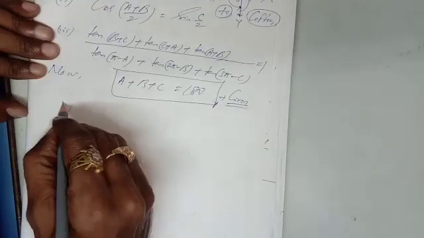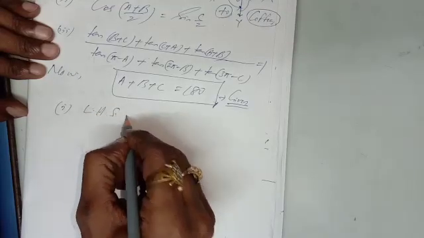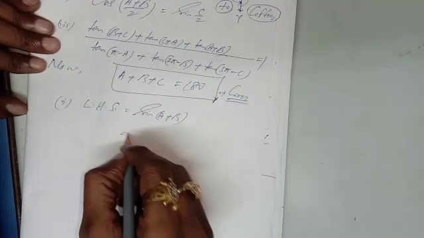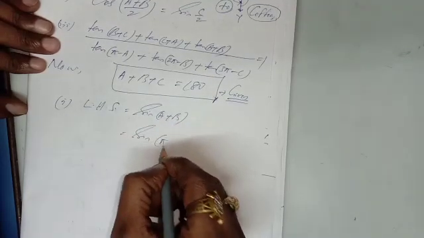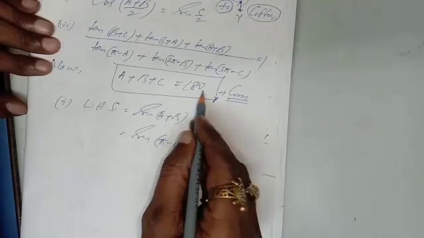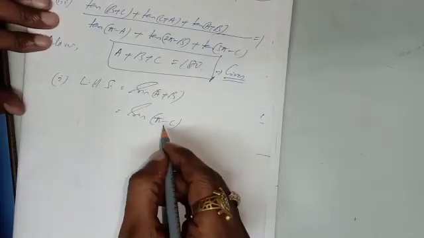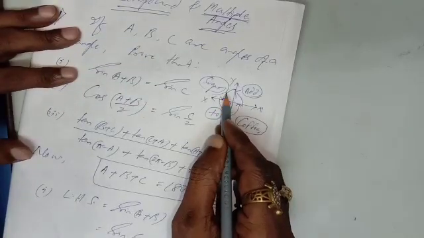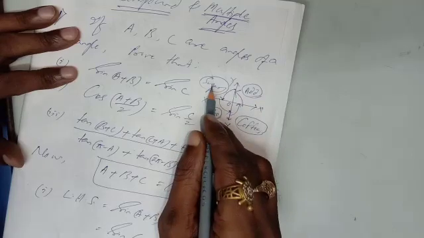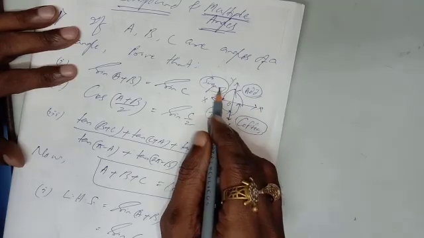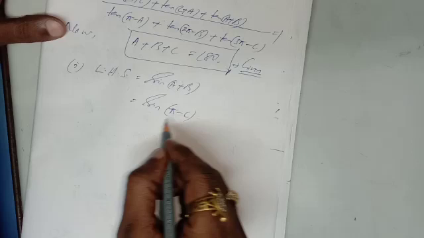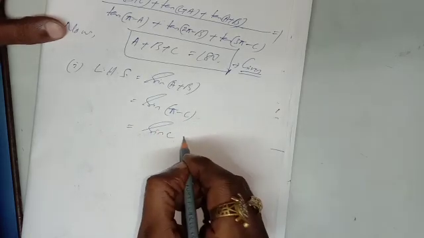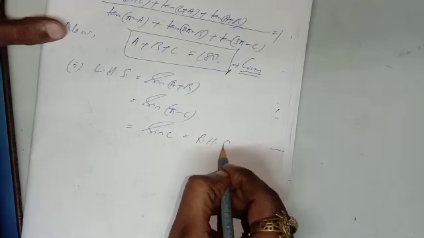The first part, your left hand side, question given sin(A + B). The sin(A + B) means that will be pi minus C. Yes or no? Pi means 180, so pi minus C. The sin(pi - C) is in the second quadrant, pi minus, less than 180. In the second quadrant sin is positive, add sugar. Sugar means sin theta, reciprocal cosec theta will be positive. So sin(pi - C) will be plus sin C, which is nothing but your right hand side. In this way the first part is completed.